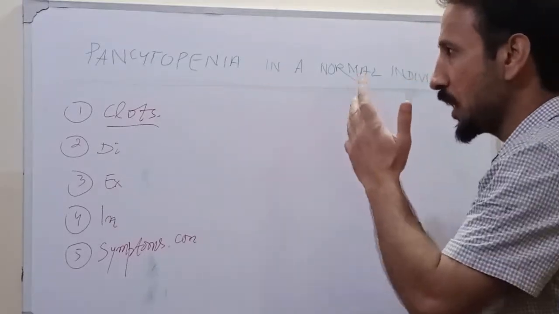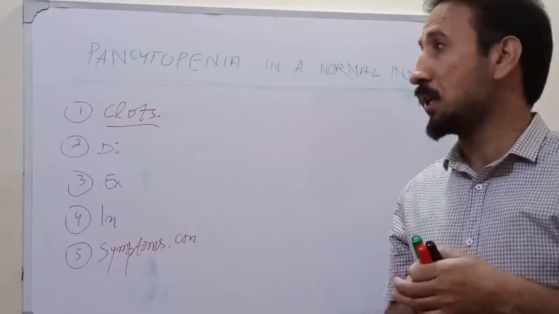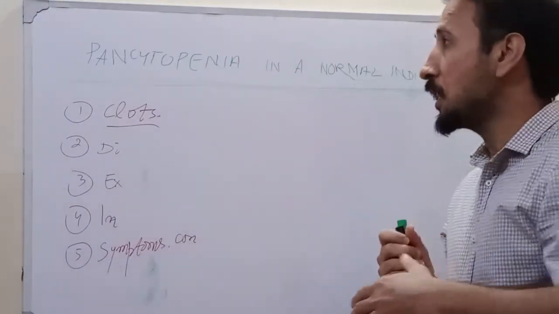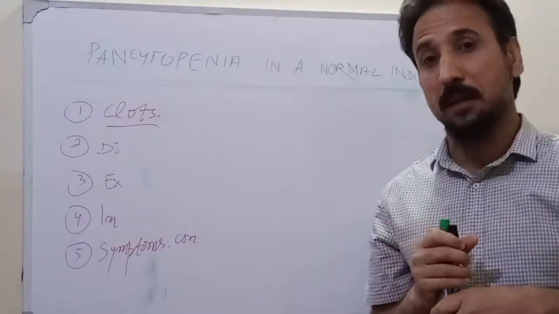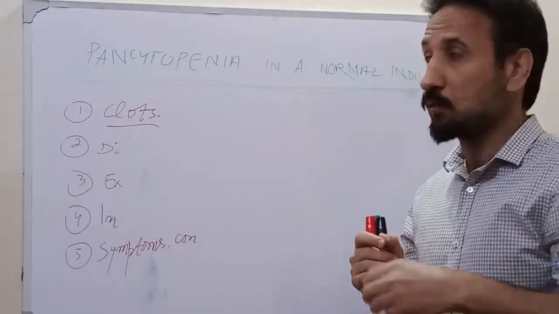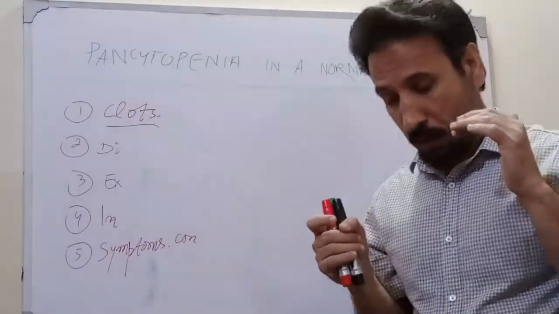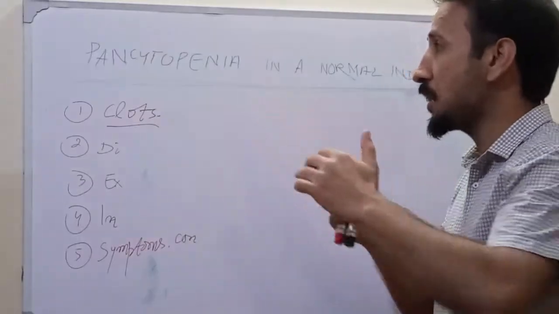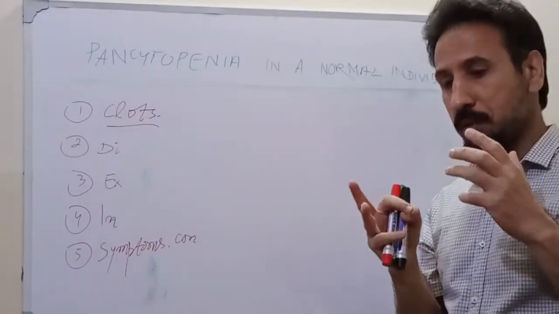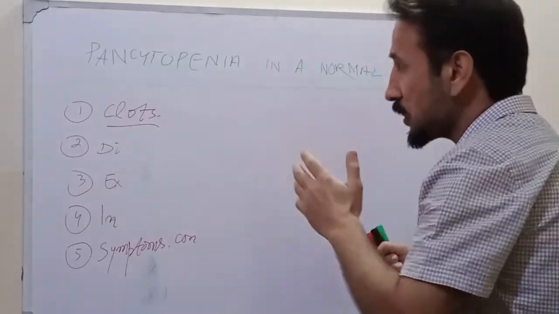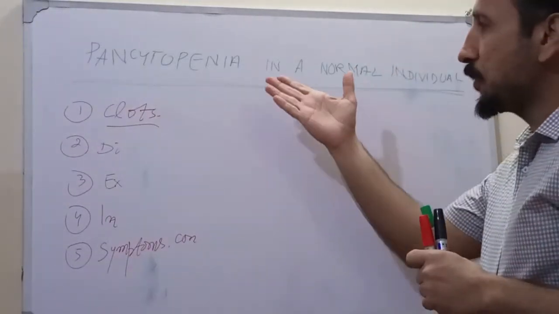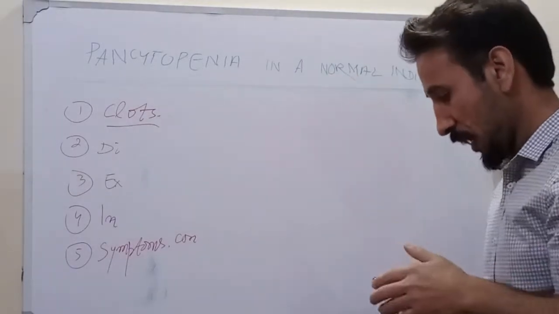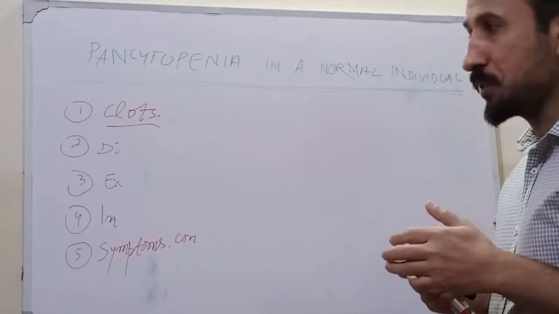So pancytopenia in an apparently healthy individual must be interpreted with caution, because pancytopenia is often symptomatic. If it is seen in asymptomatic normal individuals, this must be cautiously interpreted because that can lead to unnecessary investigations and serious complications that may result from these investigations. So there are some causes for pancytopenia in an asymptomatic patient. The first and most common cause which can be seen in patients with